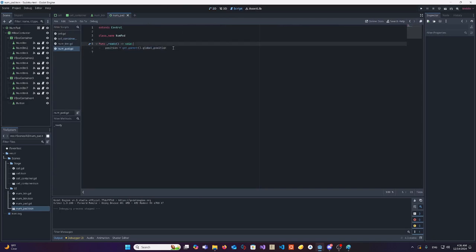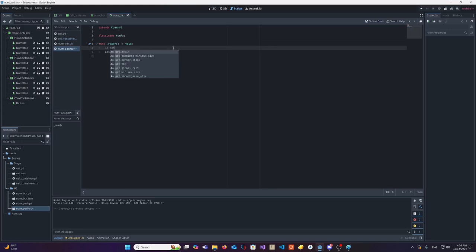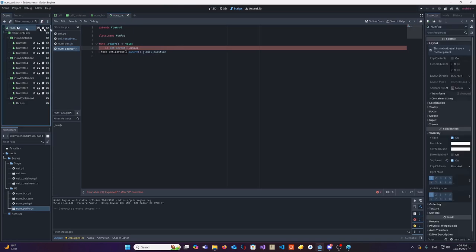And we're going to say that its position is actually going to be, if get parent. If the get parent group, so remember the parent of the number pad is going to be a cell, so we can access its group variable. If the group of the parent is in the bottom three, so 7, 8, or 9, we actually want to do that the position